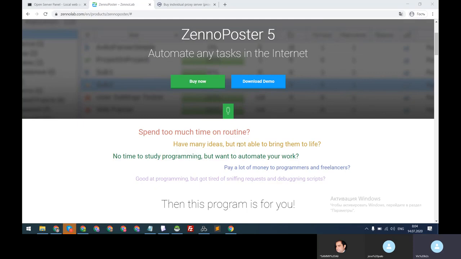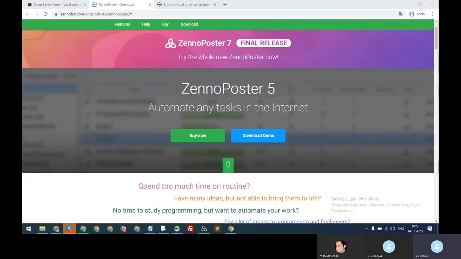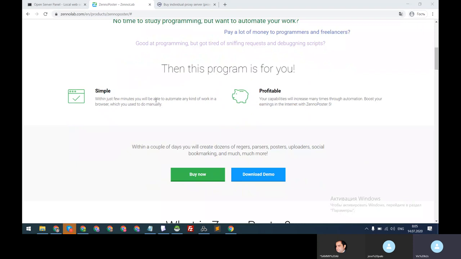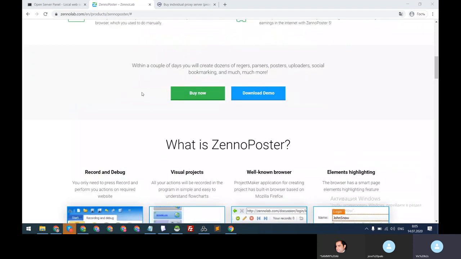For example, create posts or create accounts, write emails, comment on posts on social networks, anything, really anything. So there are no limits with ZennoPoster. It can do anything. But we will need only part of its power,